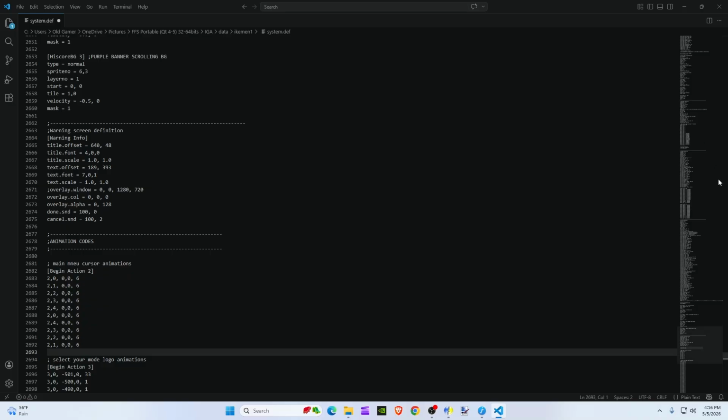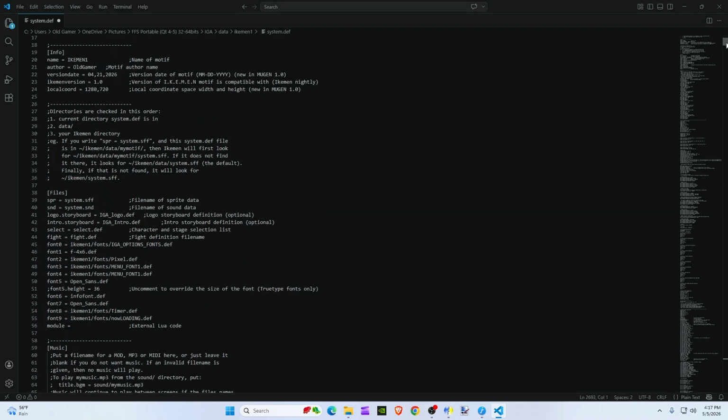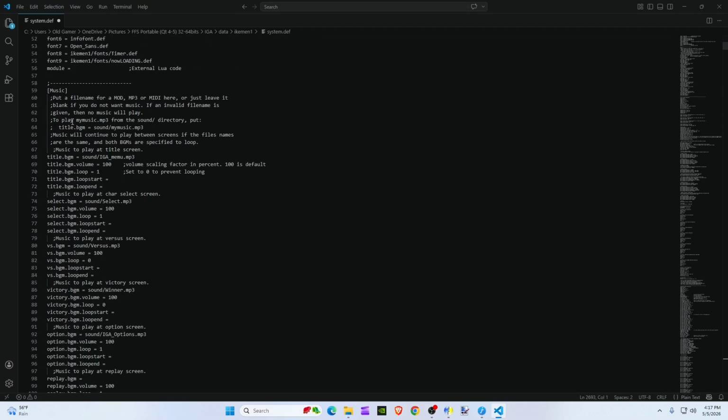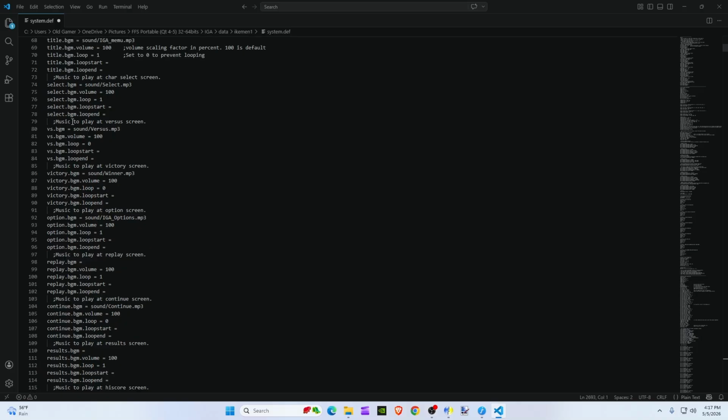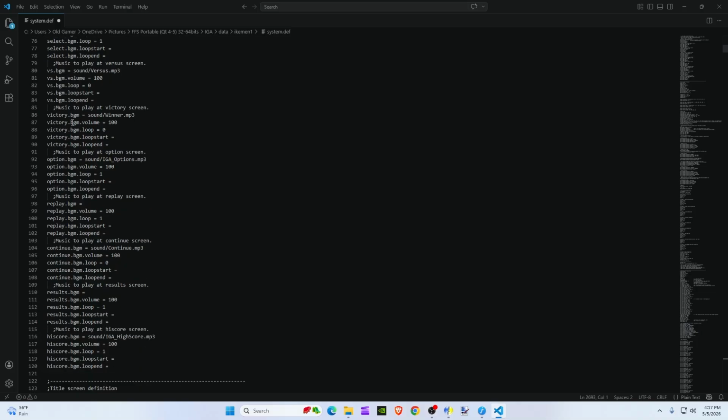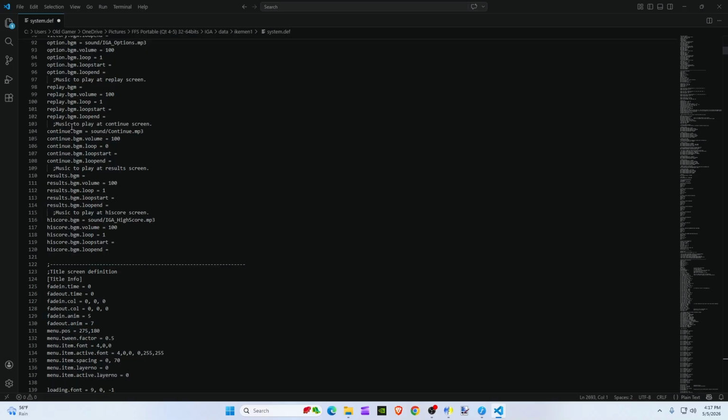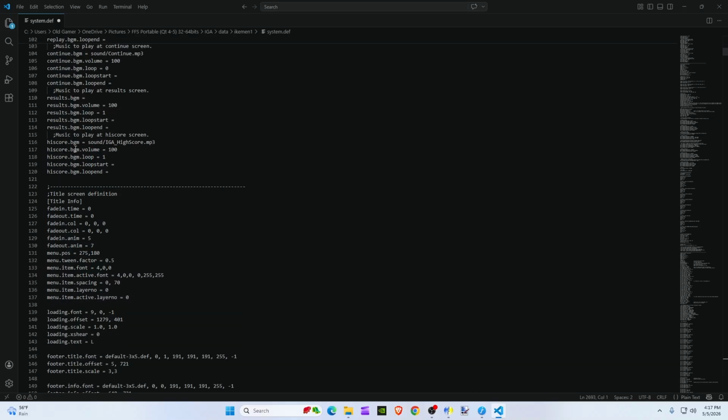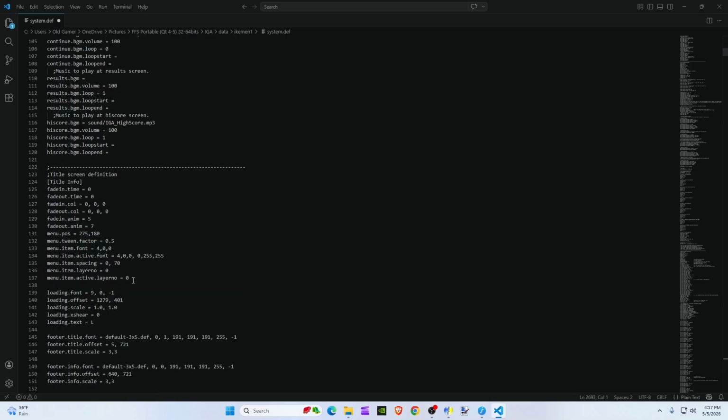Now we're going to scroll all the way up. Okay, we're just going to scroll down just a little bit, and we're going to come right about here. Okay, now if you notice, there's something missing. You have all these codes, but there's something missing that the Ikemen GO team does not explain when you start making stuff, right? But to make it easy, I'm going to show you what they did, and this is why